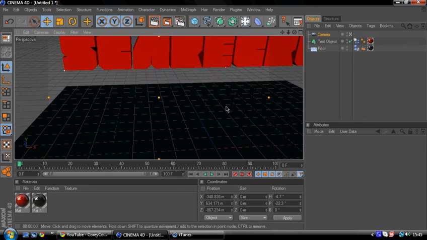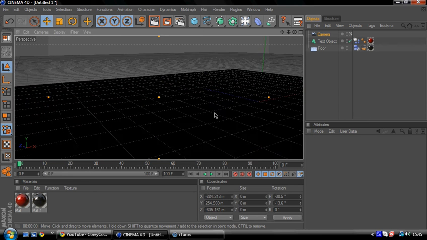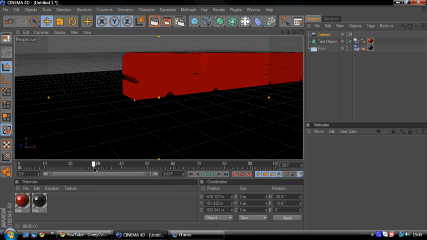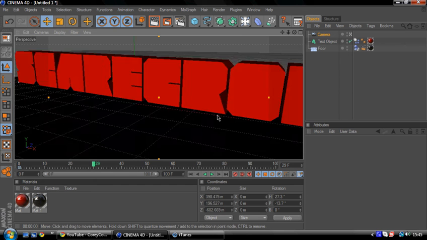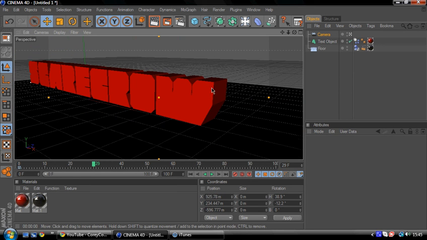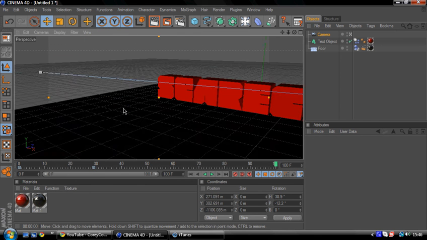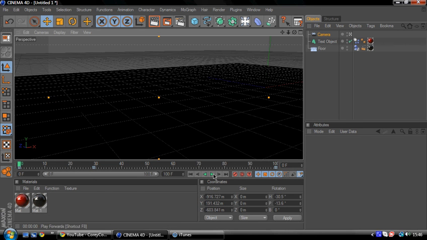You go right to the beginning before the text has fallen. What we could have is a camera starting here, keyframe it, go forwards to where the writing's dropped, just move the camera, and then keyframe it. And go forward some more. Just have it so you can read it. Keyframe that. And if we click play,